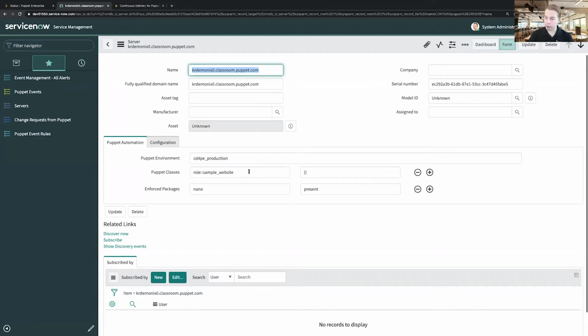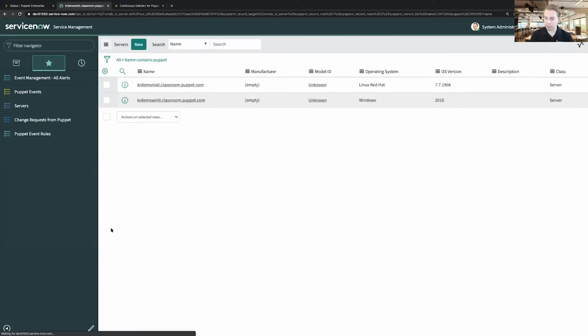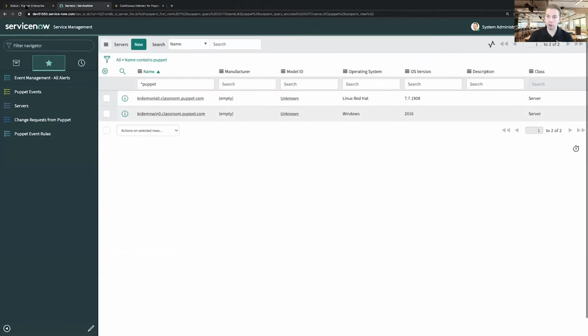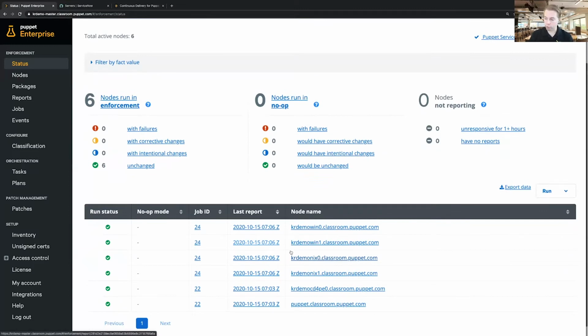So for example, here, this is a sample website, and I have an enforced package where I also install Nano. If I change this to say, well, this particular package I don't need, and maybe I want to install an additional package like this, this gives me a really quick way of doing that. I can update it in ServiceNow, and then whenever the next Puppet run is, or again, you could use a workflow to automate that,